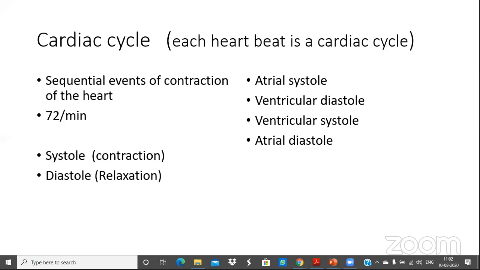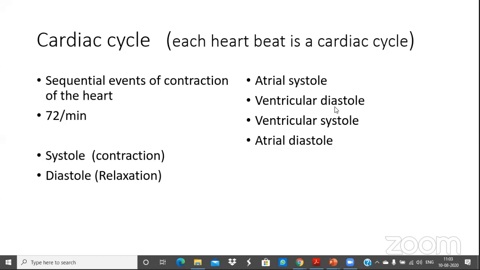The atrium contracts, that is called atrial systole. That means it presses and sends the blood to the ventricle. So the ventricle pressure will increase. When the atrium contracts, the blood is pushed into the ventricles. That time,